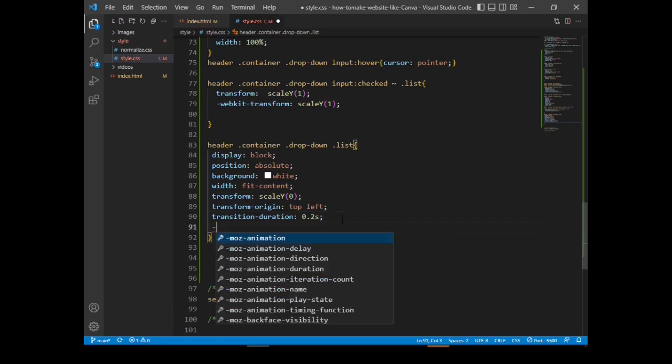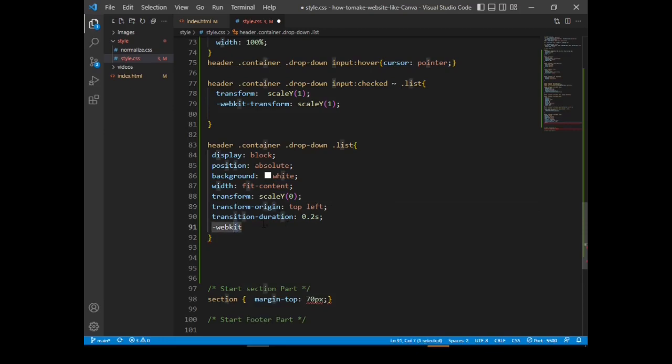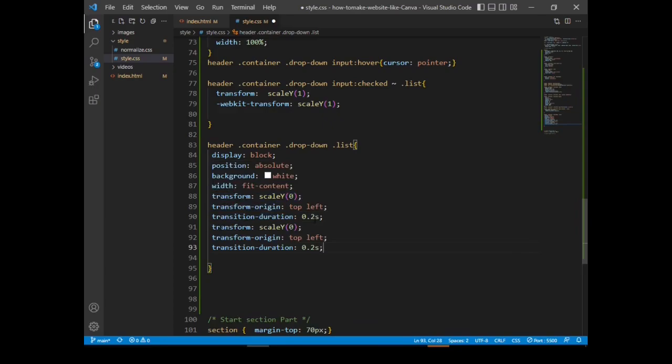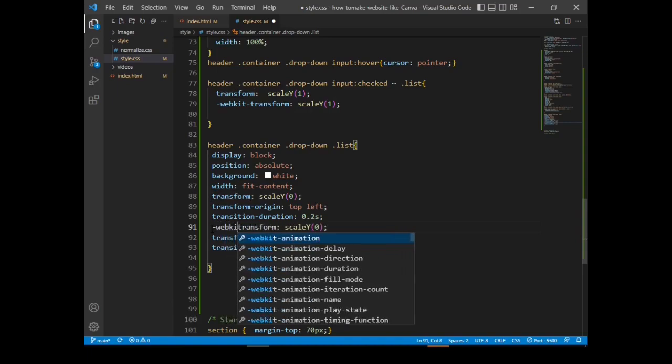Then let's have WebKit for everything that we did for the transform, so that it works on different browsers. Just copy everything there and paste it, and add a WebKit prefix for different browsers.